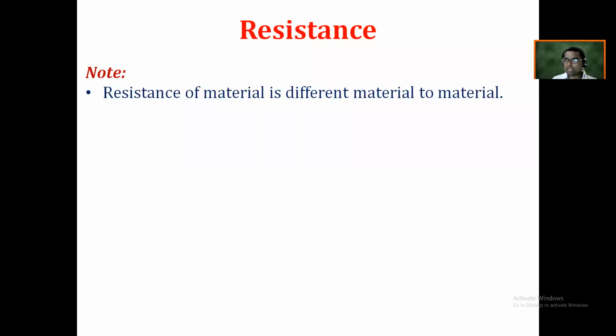पण जर तुम्ही असं म्हणला की दोन सिल्वरचे पीस घेतलेत, त्यांची लेंथ सेम आहे, एरिया ऑफ क्रॉस सेक्शन सेम आहे, त्यांचं टेम्परेचर सुद्धा सेम आहे, मग त्यांचा रेजिस्टन्स काय असेल? सेम. दोन सिल्वरचे पीस घेतलेत, एव्हरीथिंग इज सेम, डायमेन्शन सेम, टेम्परेचर सेम. सो डेफिनेटली द रेजिस्टन्स इज सेम. पण एक पीस सिल्वरचा घेतलाय,